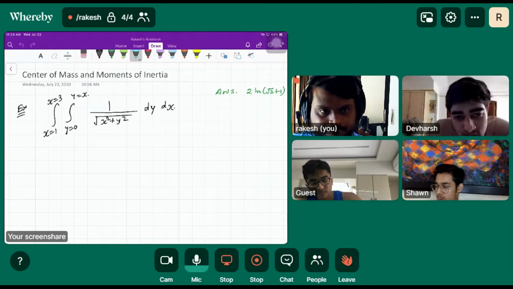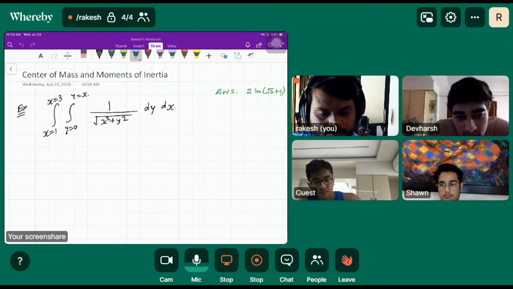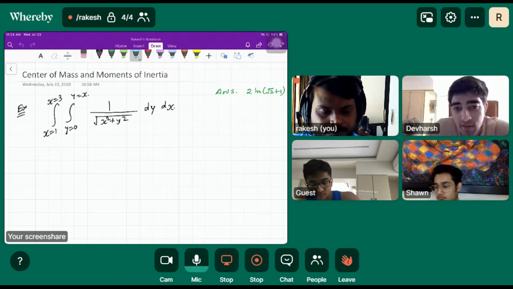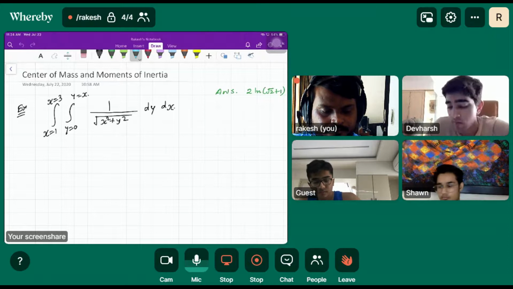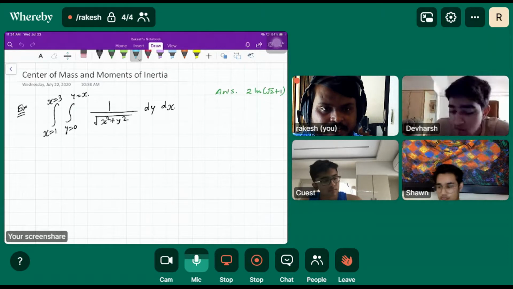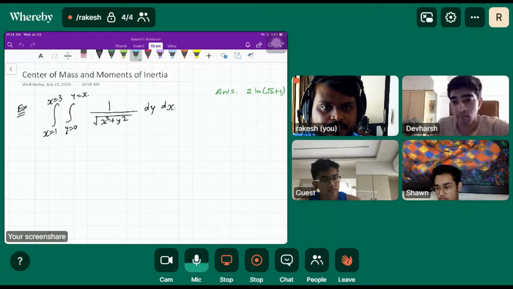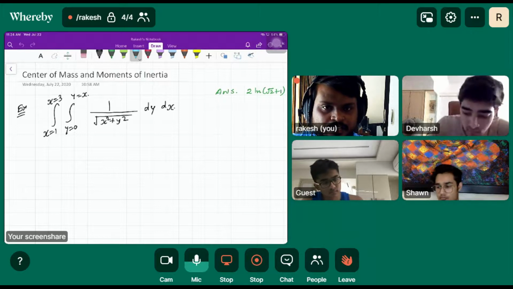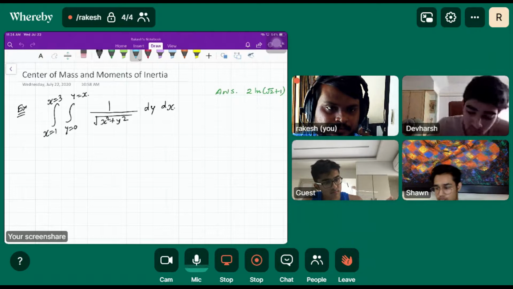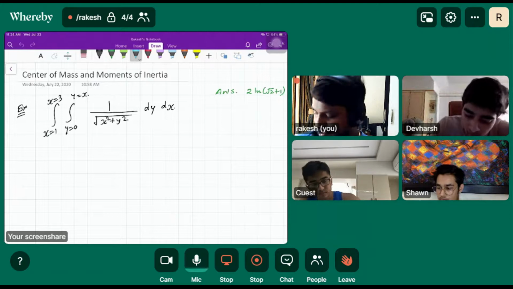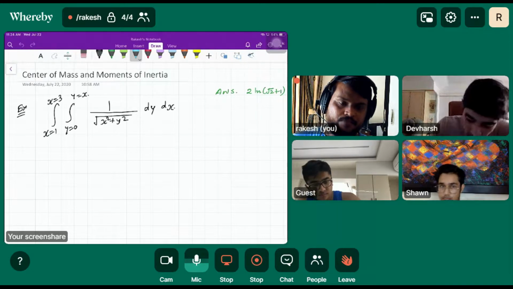But sir, can you solve this directly? I think I can solve this directly. No, I can't. I thought it was in that trigonometric form, inverse trig, but it's not, because there's a square root. You'll have to go for trig substitution, but that will make it more complicated. So we are here to ease the problem. Polar will cut down the complexity of this question.